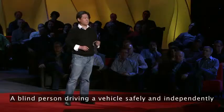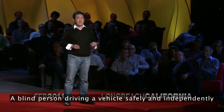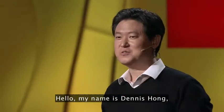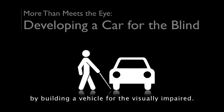Many believe driving is an activity solely reserved for those who can see. A blind person driving a vehicle safely and independently was thought to be an impossible task. Until now. Hello, my name is Dennis Hong, and we're bringing freedom and independence to the blind by building a vehicle